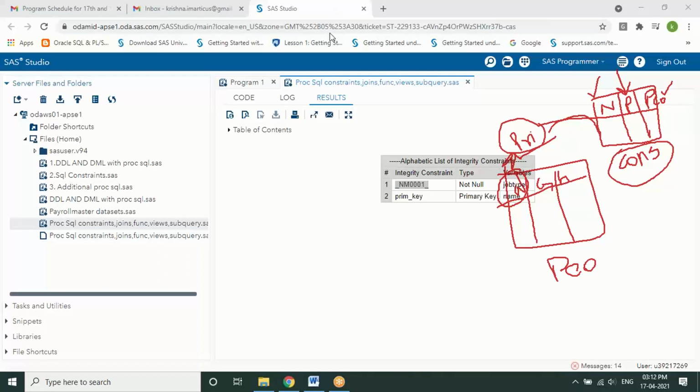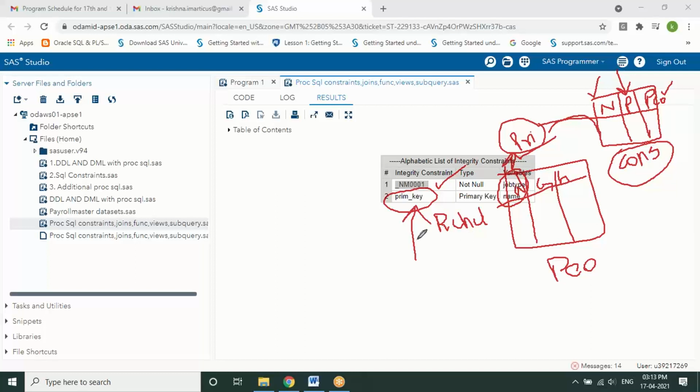Rather than that, as a user you identify it with some name, which is very easy for someone to check what type of constraint you have assigned. For example, if I give it a name like Ruhul constraint, it will be easy for me to check with the name of that particular constraint, rather than the database assigning a default number from the system. So for that, we have this.